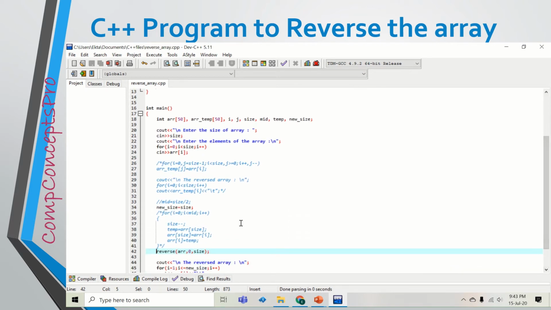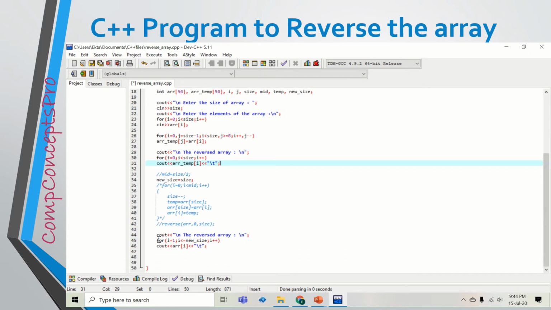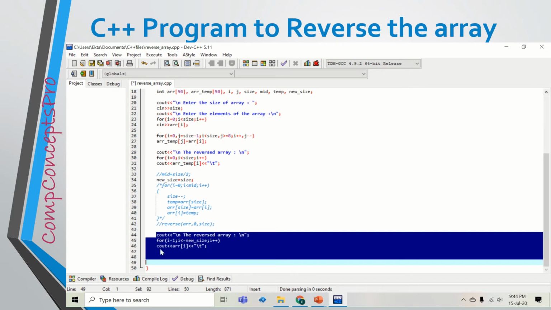So first of all, I will comment this call to the recursive function. Now we will see how to reverse an array using a temporary array. I will comment these statements also, otherwise the array will be printed twice on the screen.